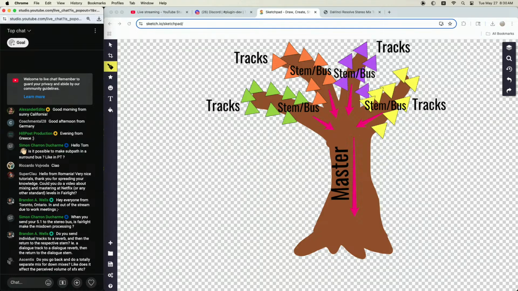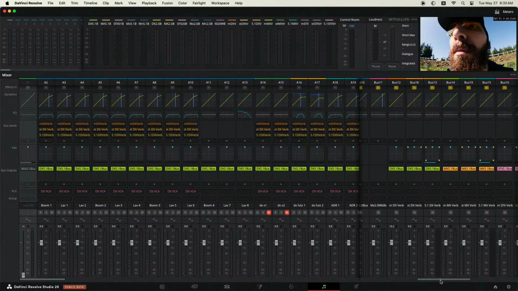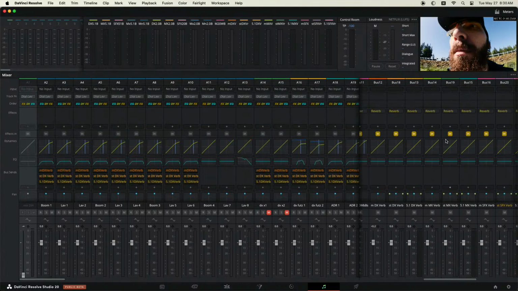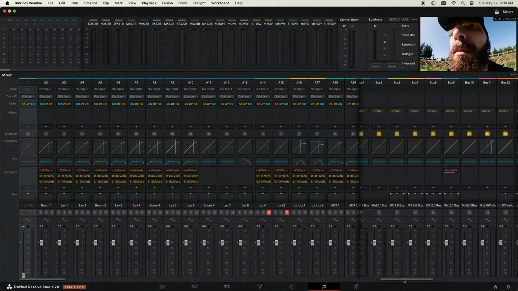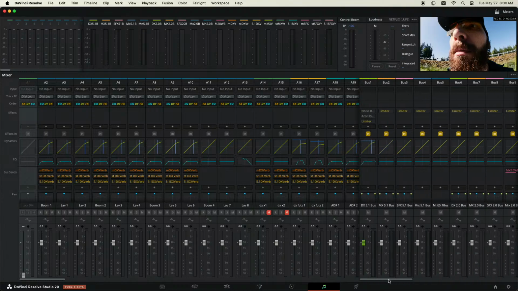Okay, bus loops. You don't want to loop stuff, like you don't want to have a bus feeding itself. You'll get feedback. Gain staging is important. The other thing that's pretty important to do with buses is some limiting. And if I scroll to both the downmix buses and the regular 5.1 buses, you'll see I've got a limiter here